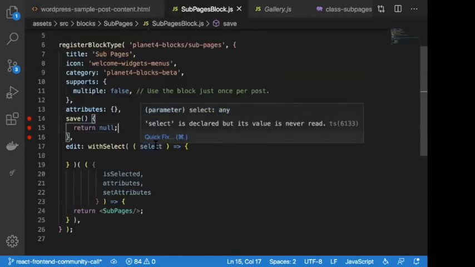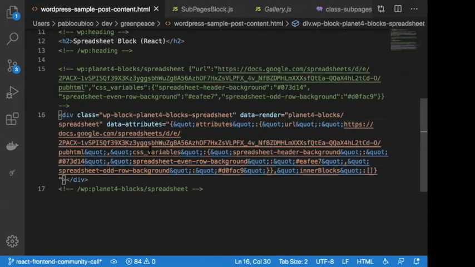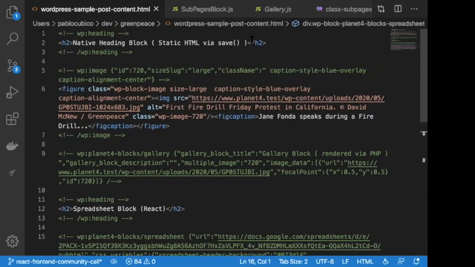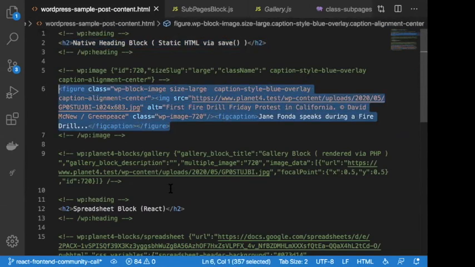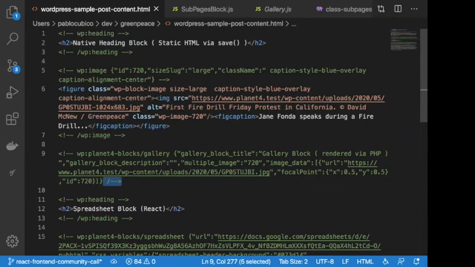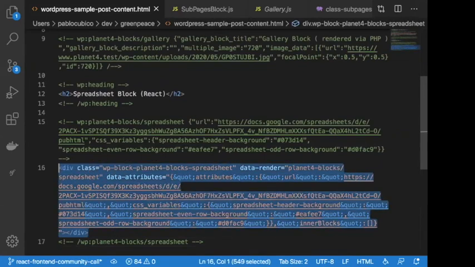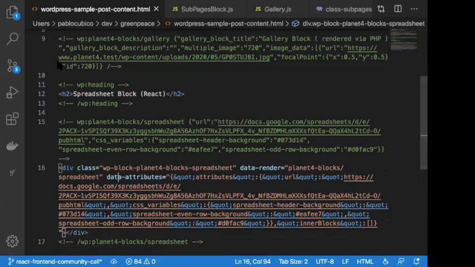But anyway, returning to the React thing. When WordPress renders a page, it will go through all of these. It will render this H2, this image block, which is static. This is a PHP block. It doesn't have any HTML inside the comment. So it will use the render callback in PHP to render it. And then we have our static React block, which will render this, which holds nothing. So we actually have to inject the block into this node. And that's what we do in